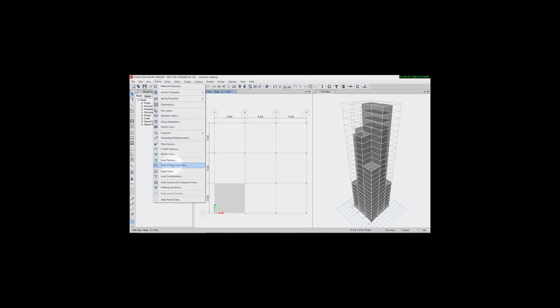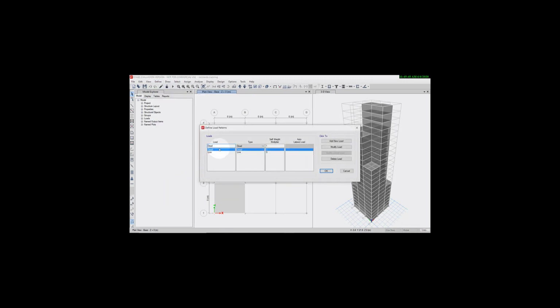Go on define load pattern, add new load, OK, then load wind, type wind, auto lateral load, IS 875 1987, add new load, OK.